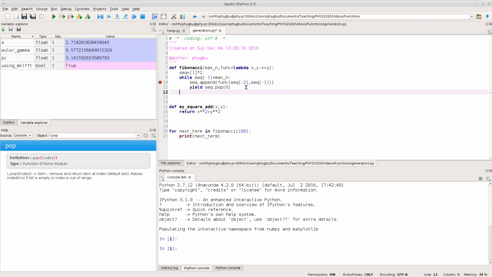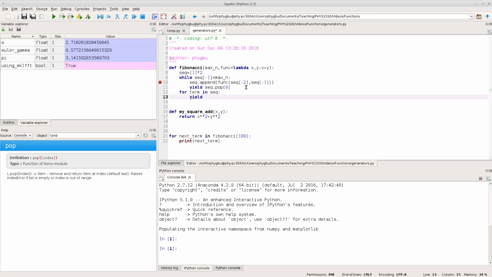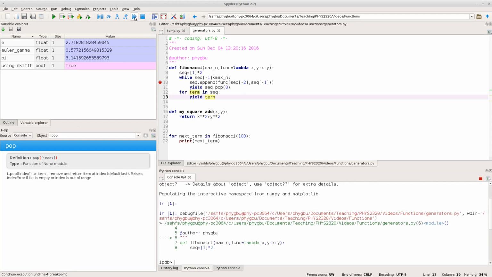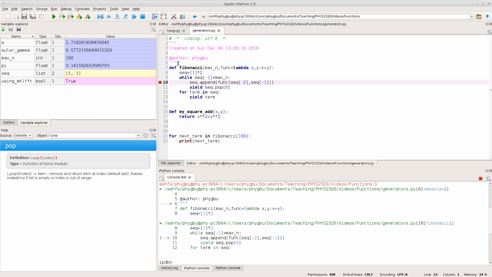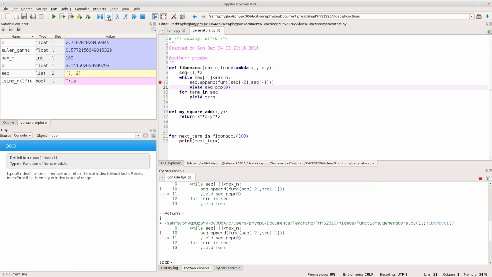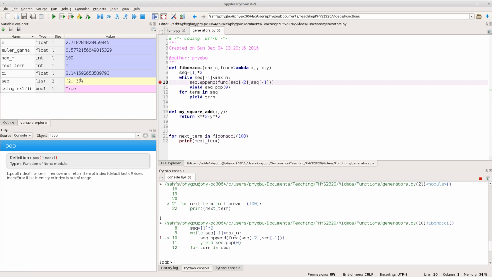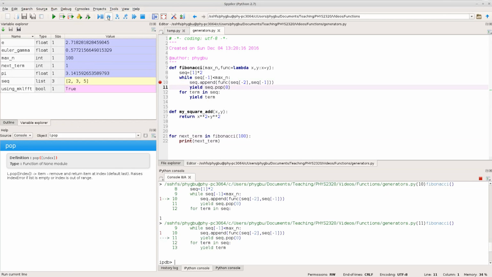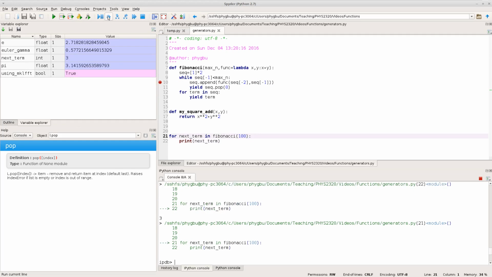So we can very easily do that. We can just do for term in sequence, yield term. Okay, so now if we go and run this, there we go, we've started our first term, so we'll just keep going around here. This is still the same, so you can watch the sequence building up in our variable list here as we keep going. 3 and 5 and prints,